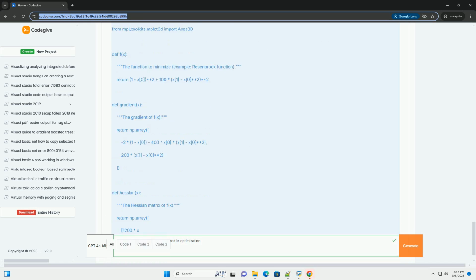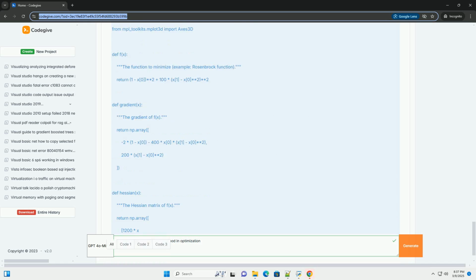df(x) defines the first derivative of f(x). ddf(x) defines the second derivative of f(x). Newton_method_1D(x0, tolerance, max_iterations) is the core function that implements Newton's